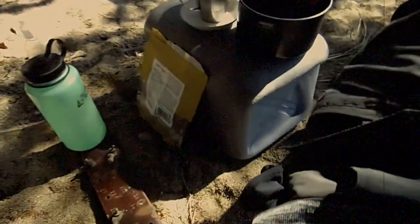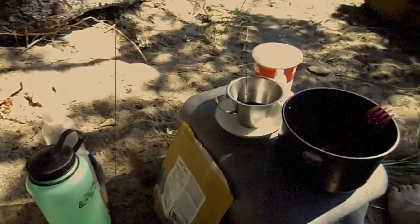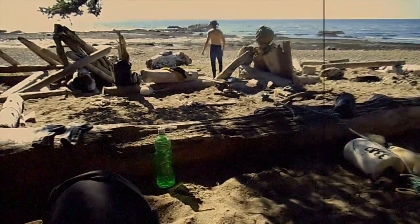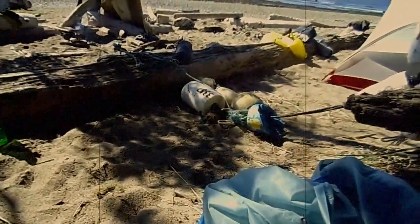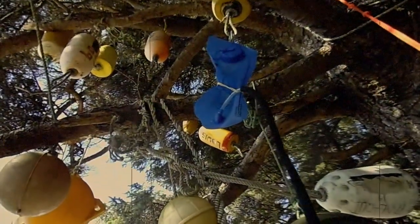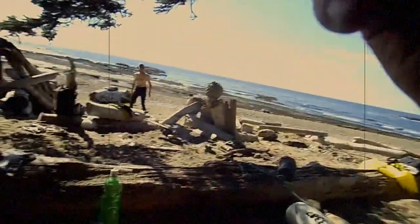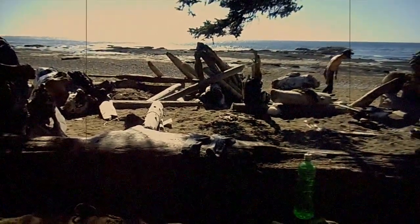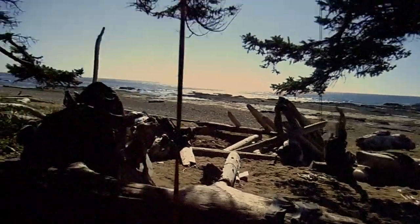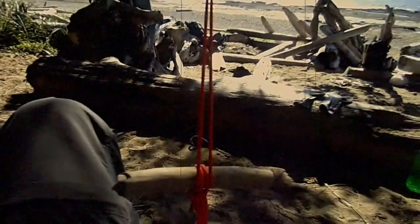My little table set up. Keep everything off the sand. Our little fire pit area. My blue bag. All the food bags in there. Keep the critters out. Got my little water bladder hanging from up there. Can fill up my cups and stuff with that. Got to go for a water run. I'm gonna rig up something for my hammock to put my feet up